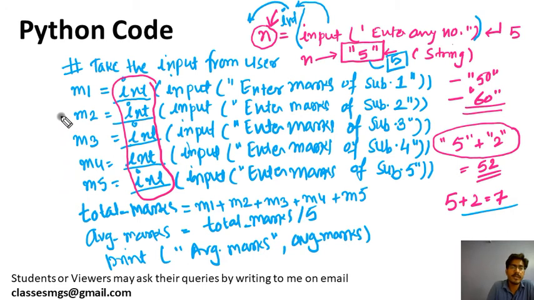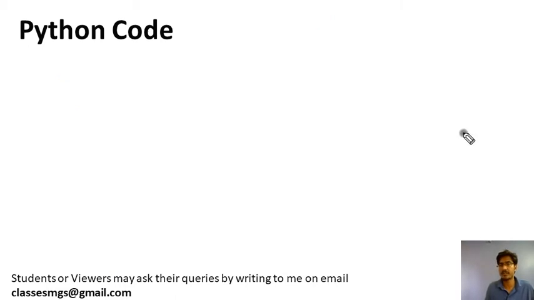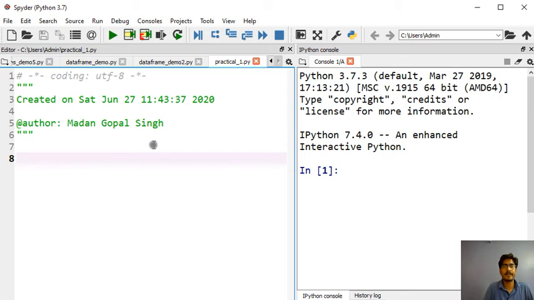So this is how you can calculate the average marks. This is the program. Now we will see this program in a Python editor.